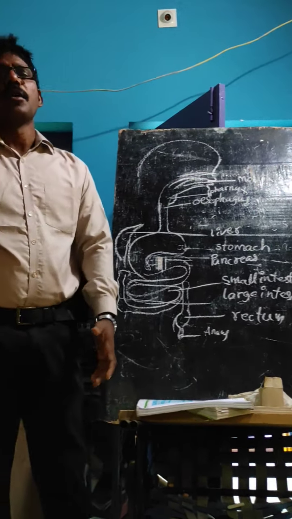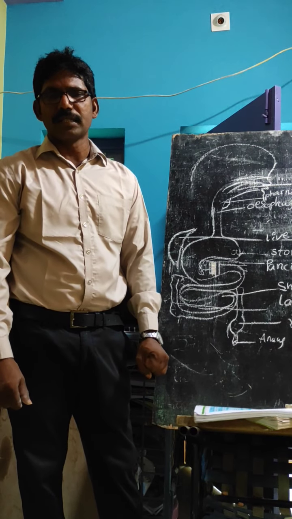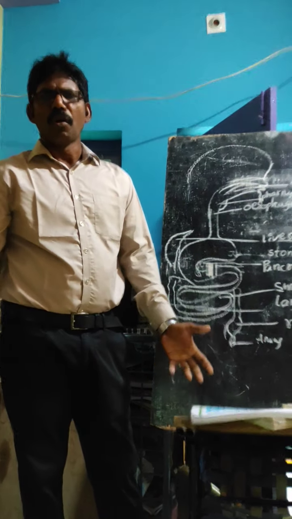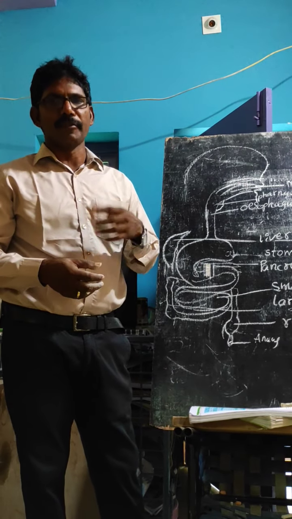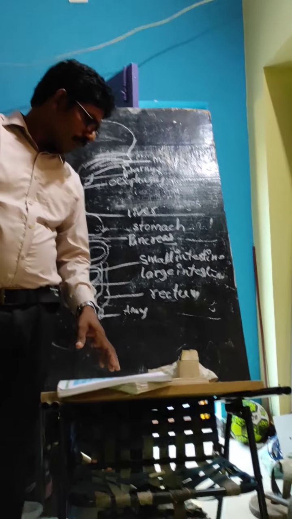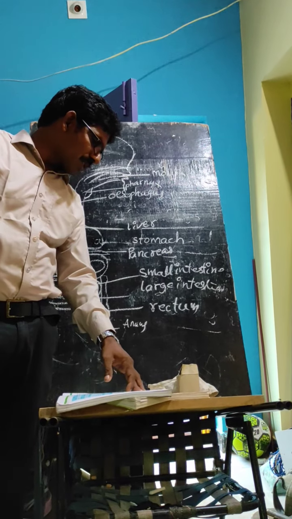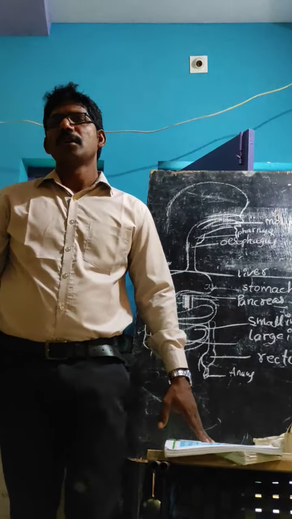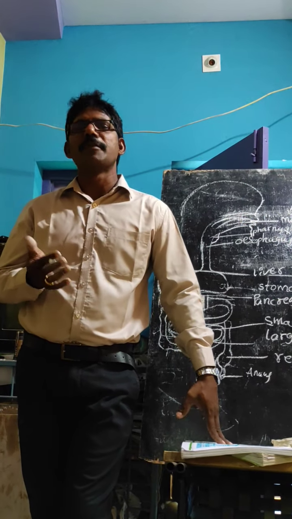Actually, we eat various types of food material. We eat chocolates, biscuits, fruits, vegetables, veg, non-veg. All these things go the same common way to digestion, that is, the mouth. The food has to be converted into substances small enough to be utilized by our body. Anyhow, you can't swallow eggs whole. Of course, you can swallow, but it's a problem for us.